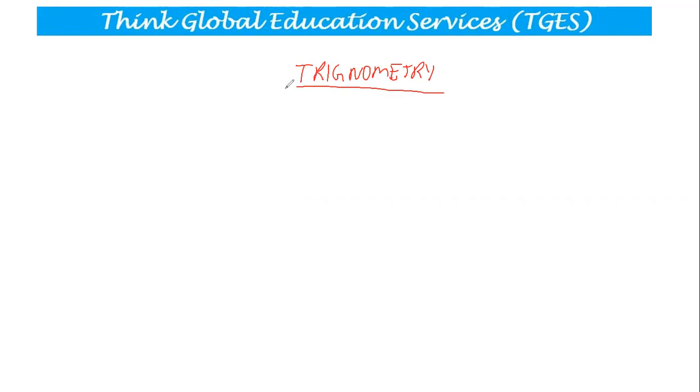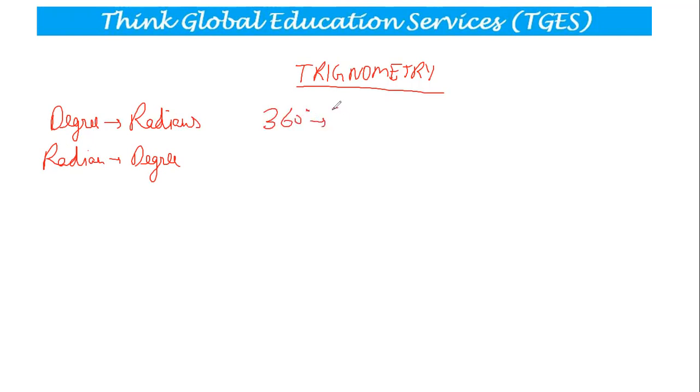So let's start with the very basic first aspect of trigonometry. Now they ask you the conversion of degree measure into radians and radian measure into degrees. Now there is a very basic conversion that you need to understand, that 360 degrees is actually equal to 2 pi radian. That's the basic unit conversion. Now using that unit conversion, you can figure out any degree measure into radians or any radian measures into